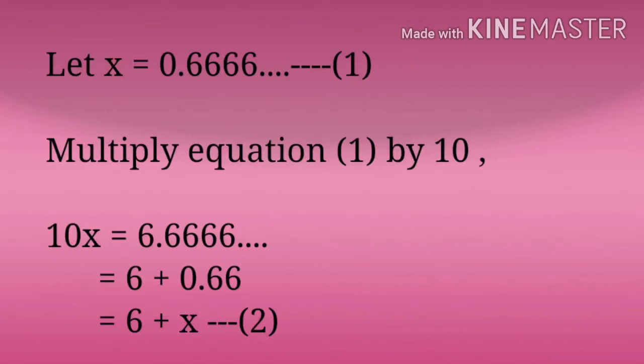The first step is consider a variable. Let x be the variable. So x is equal to 0.666, etc., our given number. So next step, you have to multiply that number, or x, by 10 or the multiples of 10. How can you find out which one you have to take, 10 or which multiple of 10, or why they took 10 here?